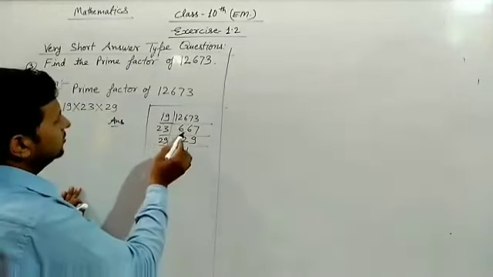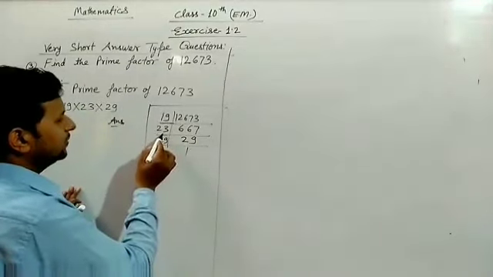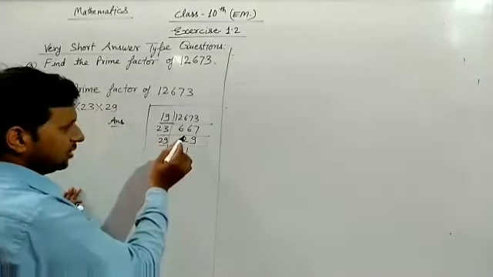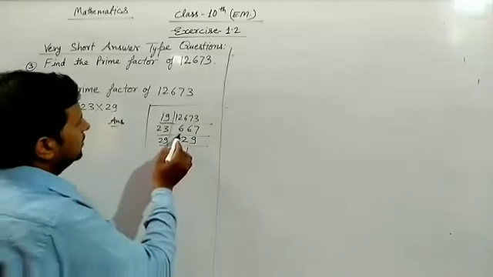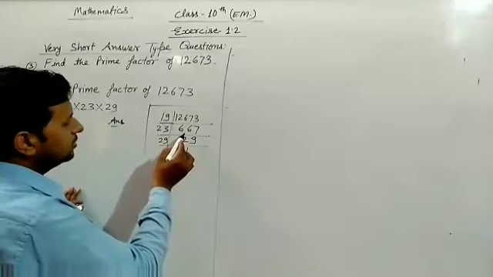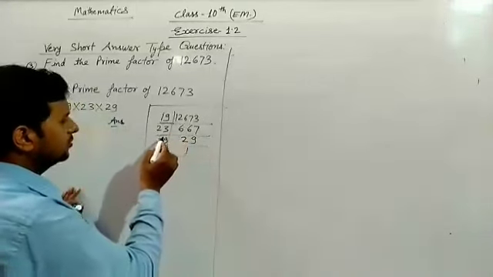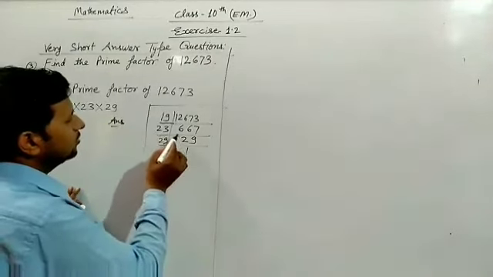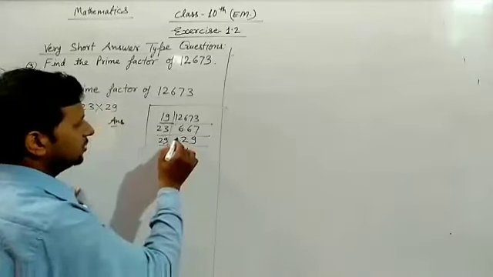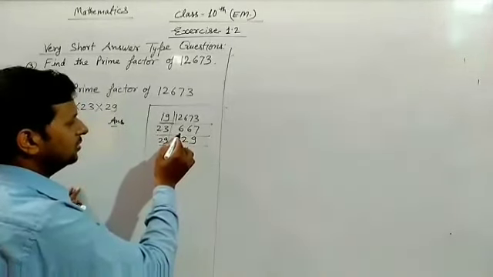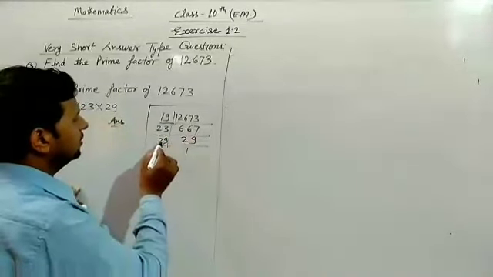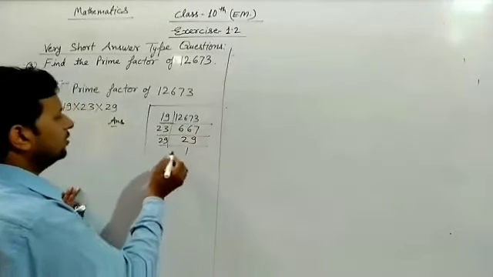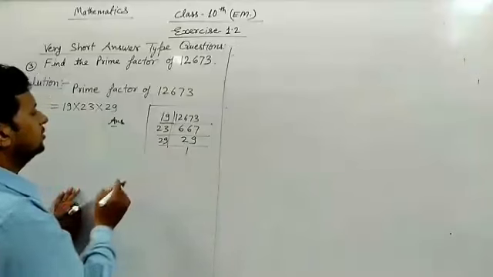Now again this will be divided by 23. 23 twos are 46, and 23 threes are 69, which goes more than 66, so we consider 2 times. 46 plus 20 is 66, so 20 is the remainder, and here 7, 207. 23 nines are 207. Now again 29 ones are 29.